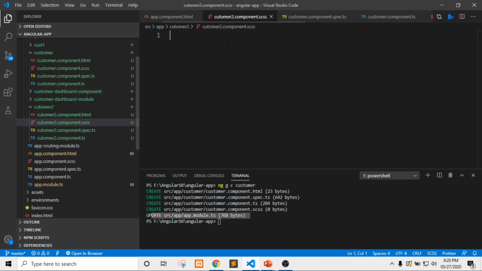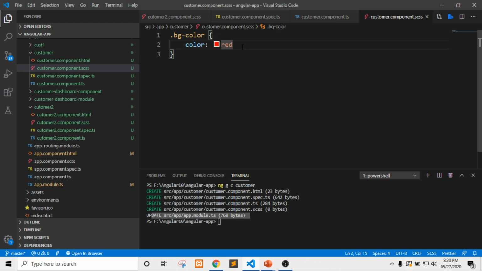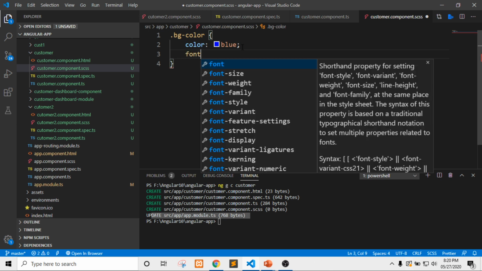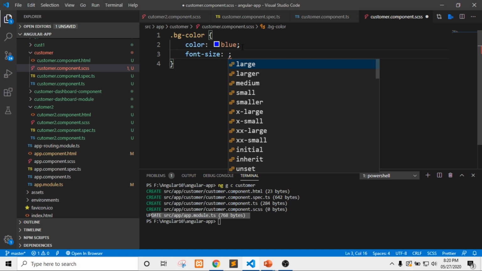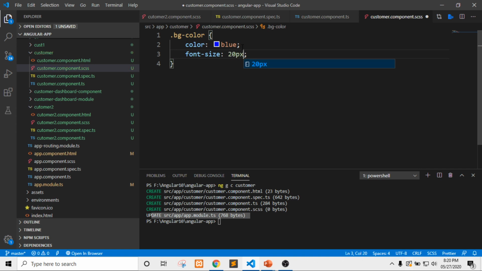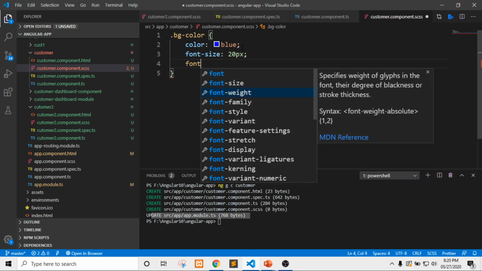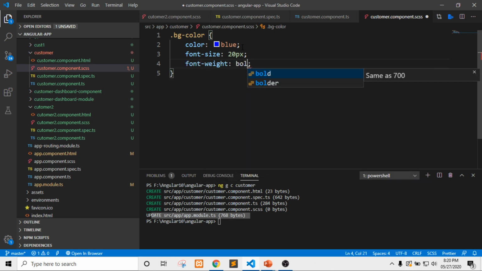If we change the color of this, suppose to blue, and font size, suppose 20 pixel, and font weight bold, it should automatically reflect on this page.